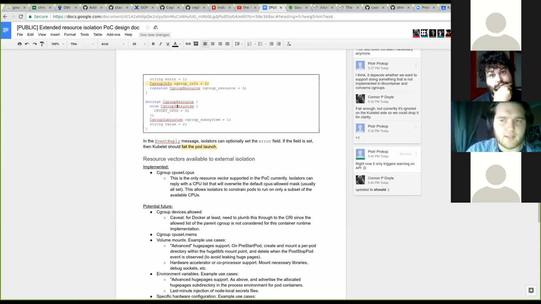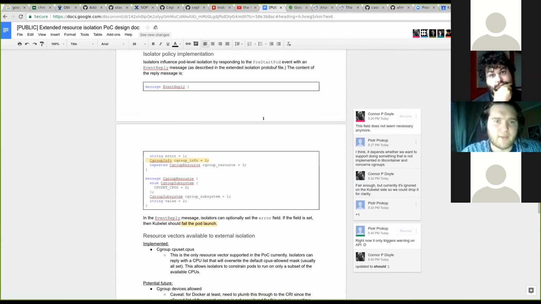So maybe I will go with the flow. The isolator is advertising the opaque resources, which were discovered during the discovery phase at the start of the isolator. Then the opaque integer resources are being advertised to the node. And when the user of the Kubernetes cluster wants to use the resource, for example CPU set CPUs, they just use it in the manifest. And then when it comes to our isolator,